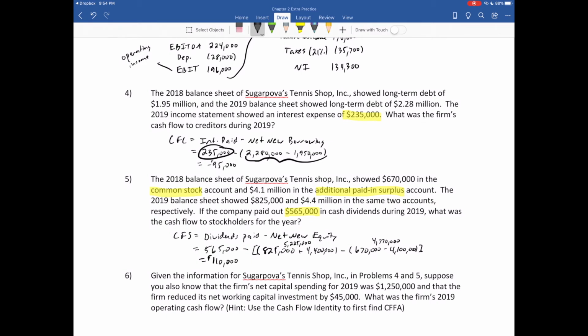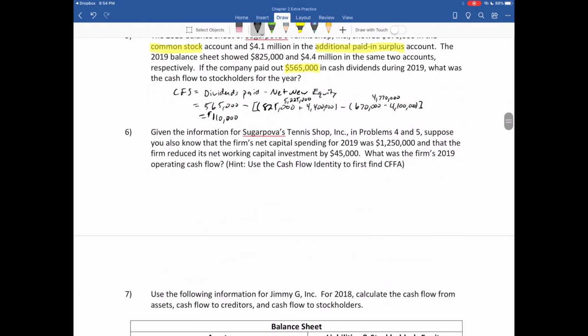So they actually paid out an additional $110,000 in surplus of what they actually raised in the form of new equity over the course of this time period. Number 6. So given this information in 4 and 5, let's suppose that we also know the firm's net capital spending is